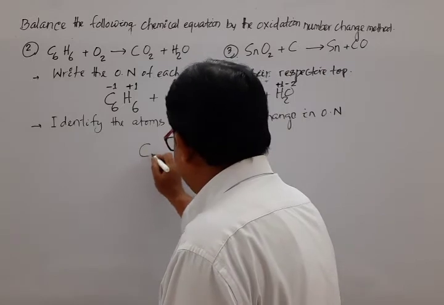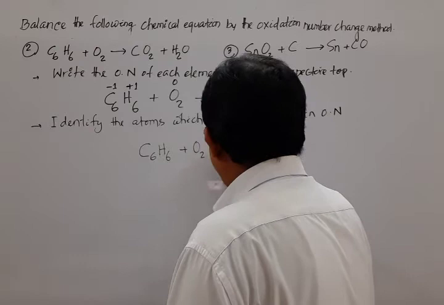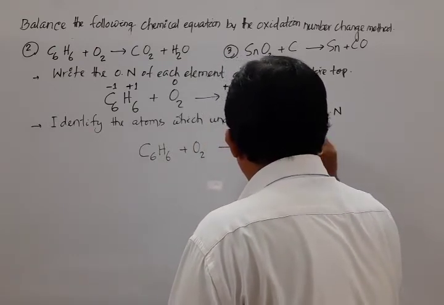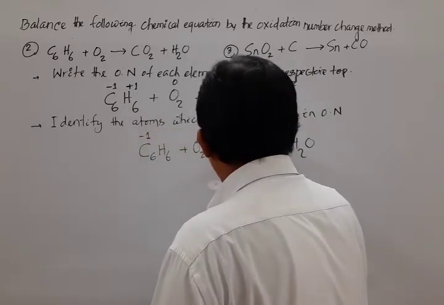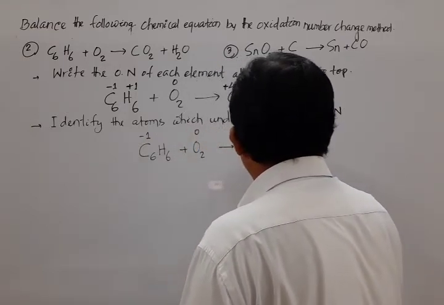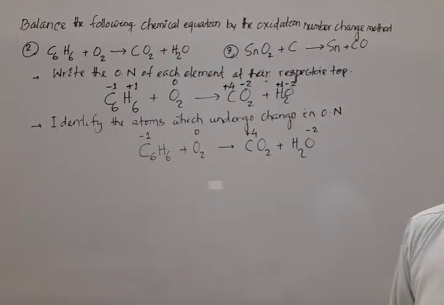I rewrite again: C6H6 plus O2 give rise to CO2 plus H2O. Here carbon is minus 1, here it is plus 4, oxygen is 0, here oxygen is minus 2. Mark that. That means the next step is to identify the atoms which undergo change in oxidation number. Next step is to calculate the total increase and decrease in oxidation number